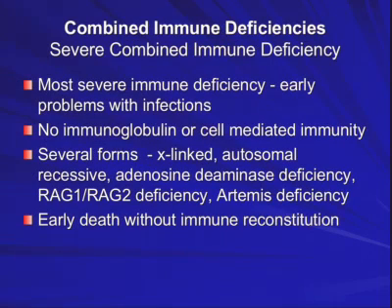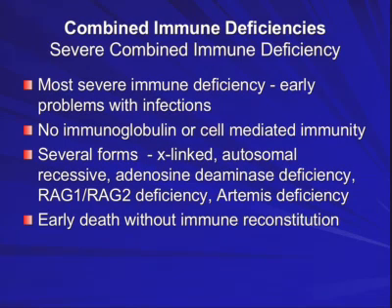Now, severe combined immune deficiency, or SCID, like common variable immune deficiency, is more than one gene defect, but it's more of a phenotypic description of children who have no B cell function and no T cell function. So, these are the most severely immune deficient patients that we see, and they have early problems with opportunistic infections in Candida, and then they start getting septicemia and bacterial infections at around 4 months of age when mom's IgG kind of wanes away. And they have no immunoglobulin, no cell-mediated immunity, and there are several genetic forms that have